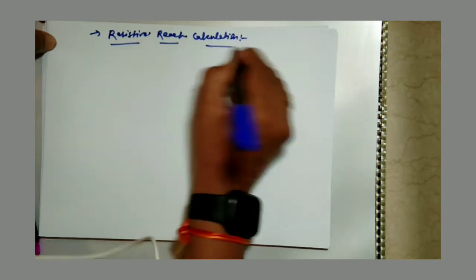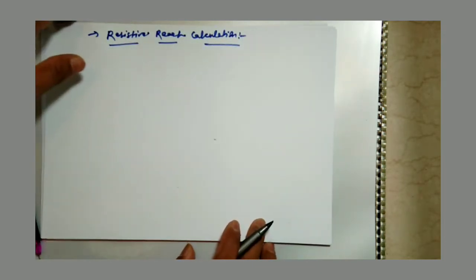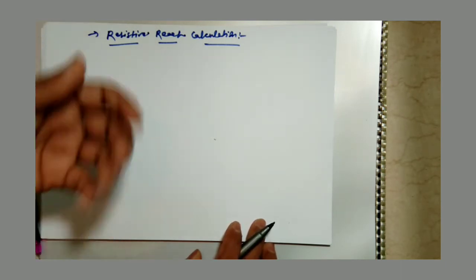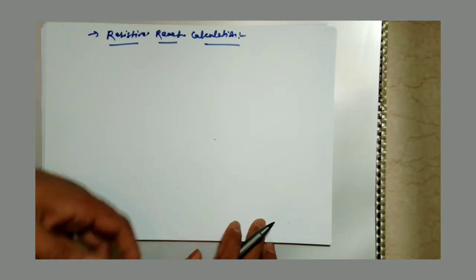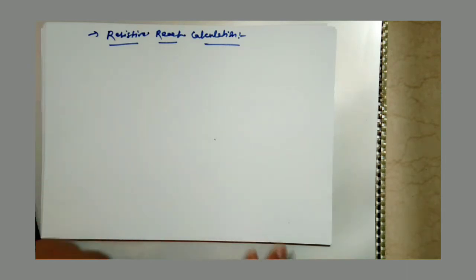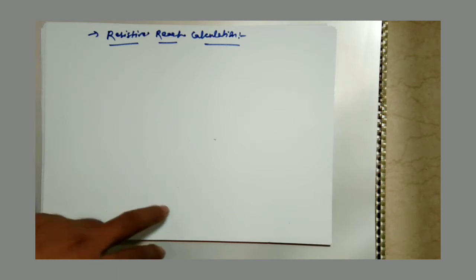You also have to provide the resistive reach calculation. I am not going into the depth, but resistive reach, either face to face or face to earth, is defined by the maximum amount of fault resistance, in addition to the line impedance, for which the distance zone will trip regardless of the location of the fault. So that is the resistive reach we generally calculate.